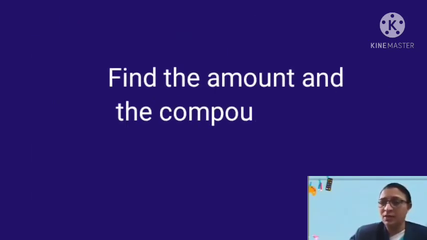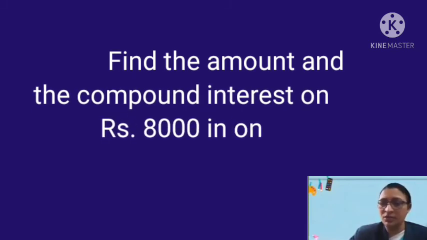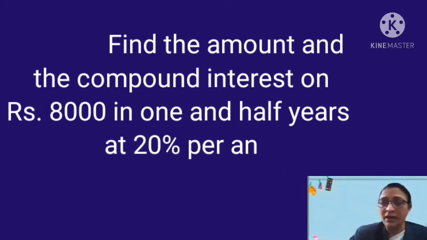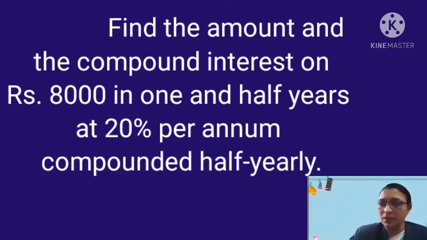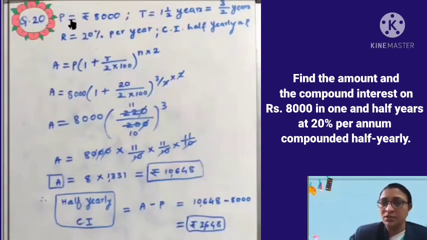Find the amount and the compound interest on rupees 8,000 in 1.5 years at 20% per annum compounded half yearly. Let us move to the solution of this question. Dear students, principal is rupees 8,000, time is 1.5 years, that is 3 upon 2 years, by converting this mixed fraction into an improper fraction. Rate is given 20% per year